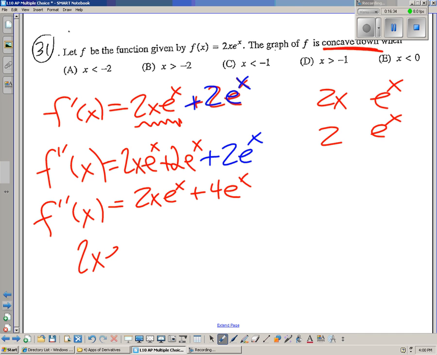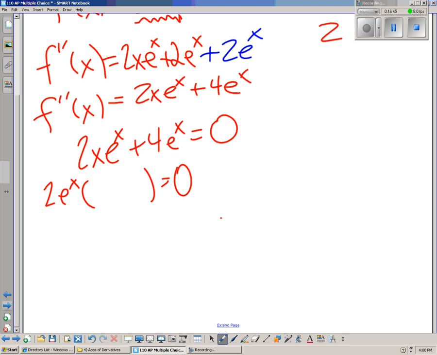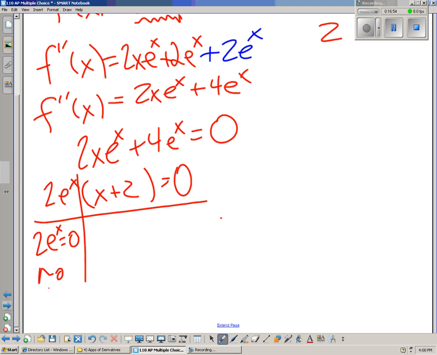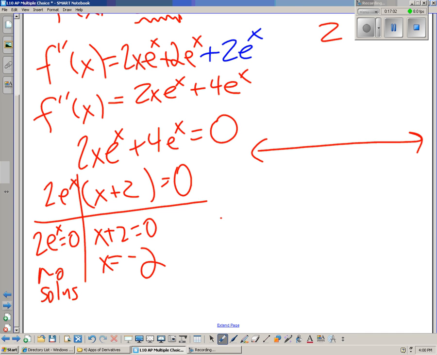Set this thing equal to 0. Factor out a 2e to the x would work nicely. We'd be left with x plus 2. 2e to the x equals 0 produces no solutions. X plus 2 equals 0 lets x become -2. So on our number line, this is an f double prime number line. We're going to use the factored form of the second derivative because it is equivalent to the actual derivative. It's not some sort of